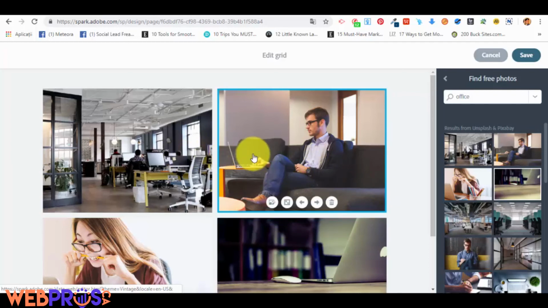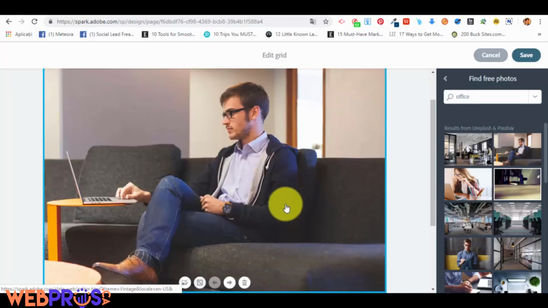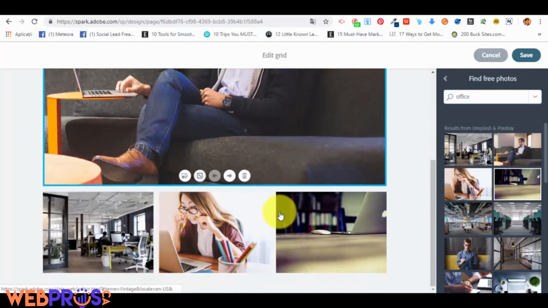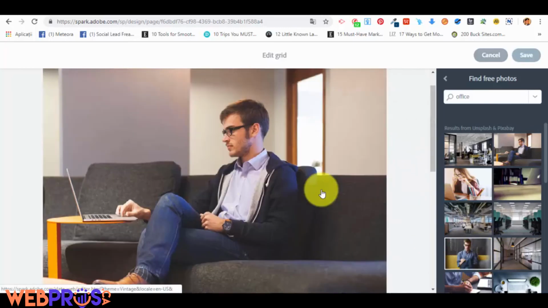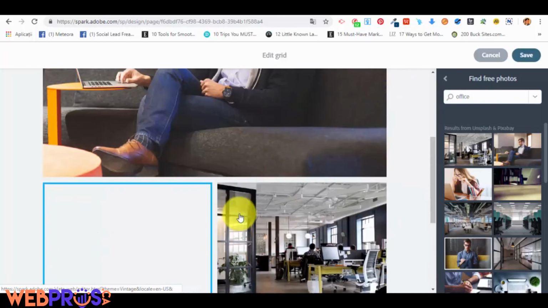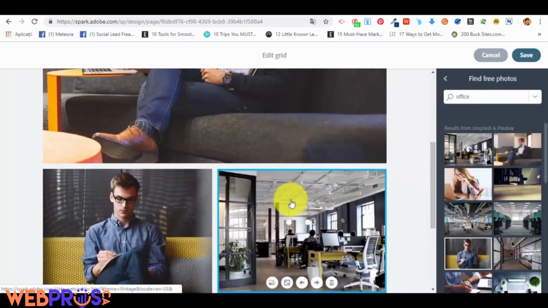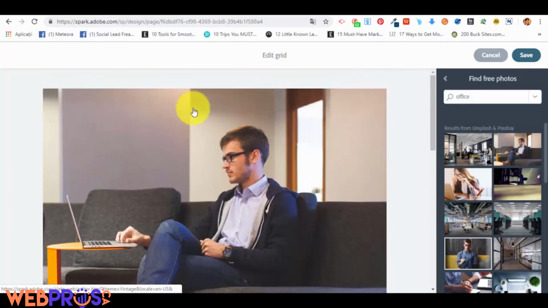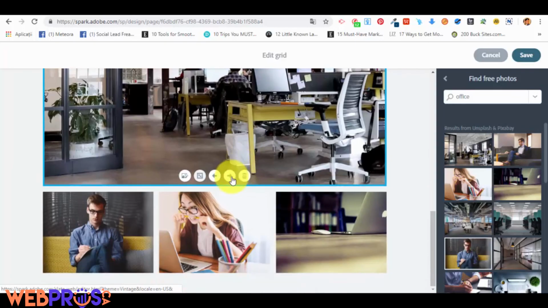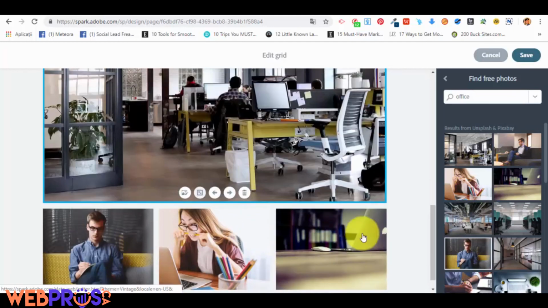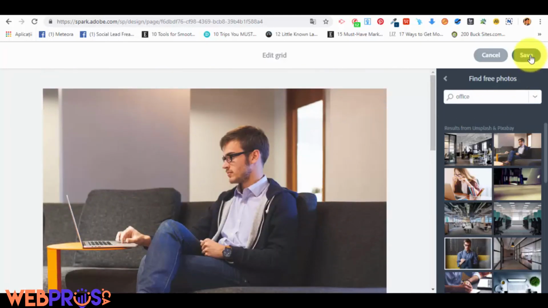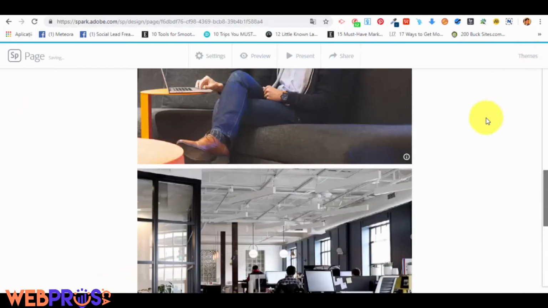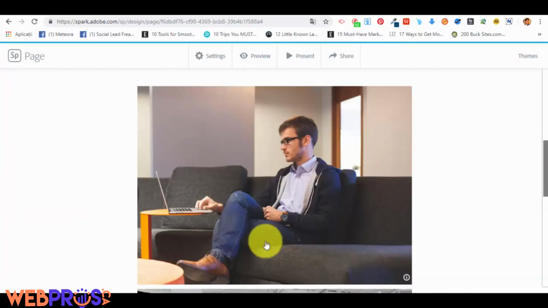Now if we select one of the photos from the grid, we can enlarge the photo. Okay, and by enlarging the photo, we are creating a different type of grid, as you can see. Let's add another photo so it's even clearer. Okay, this is how the new type of grid will look like. If we select another photo and we want to not replace it but enlarge this one too, we will have 2 large photos and 3 smaller photos. So this is how the grid will look like. Now we are going to save the grid,